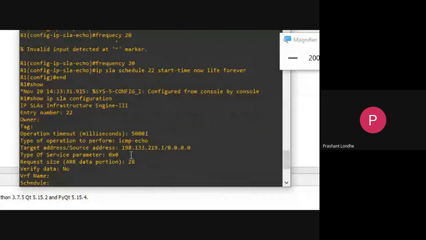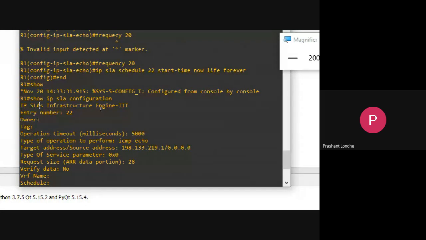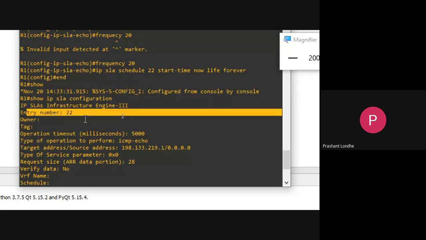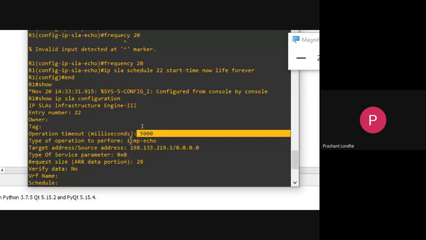You can see over here. This show IPSLA configuration: entry number 22, operation timeout in milliseconds is 5000, type of operation to perform is ICMP echo, target address is 198.133.219.1.